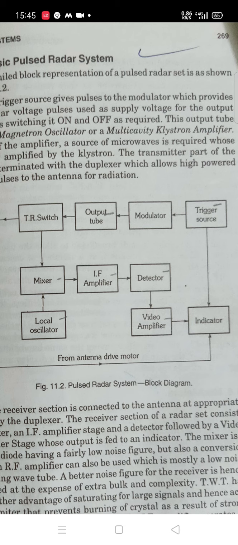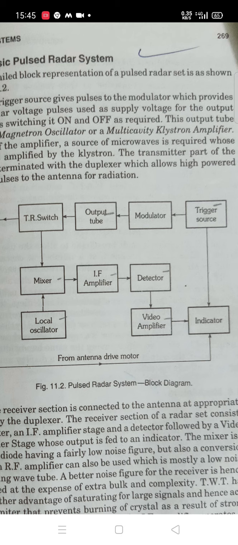Then another source of noise in the receiver section of radar is the local oscillator, which for microwave receivers is more generally a reflex klystron, which is a noisy device with a low efficiency. In order to reduce the noise due to this reflex klystron oscillator, it is customary to connect a narrowband filter between the local oscillator and the mixer to reduce the noise bandwidth of the oscillator. But in case of receivers employing AFC, automatic frequency control, this arrangement is unsatisfactory and a balanced mixer is used instead.